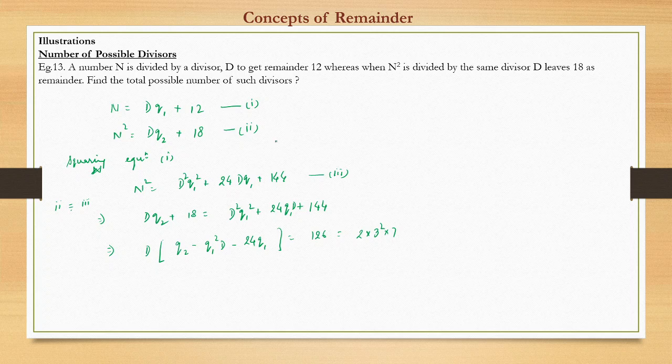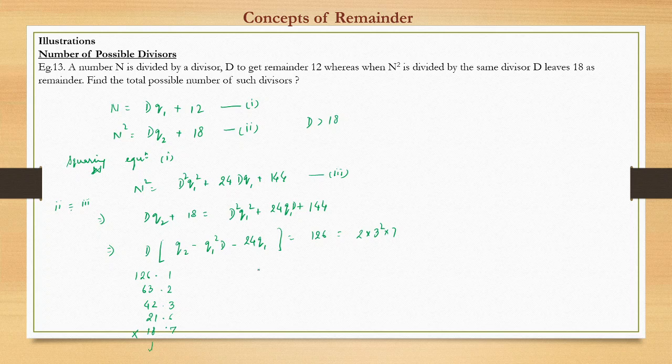And here we know that d has to be more than 18 to satisfy this. So what are the possible solutions? So either d can be 126 into 1, or it can be 63 into 2, or it can be 42 into 3, or it can be 21 into 6. And if we go further down, it becomes smaller. So this is nothing but 18, but it has to be more than 18, right? So this case we will not take, and further we will not go down.